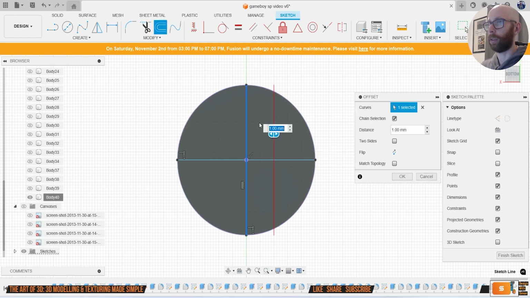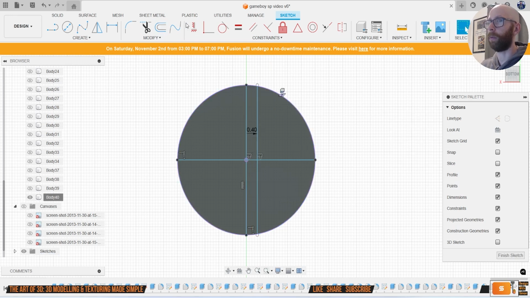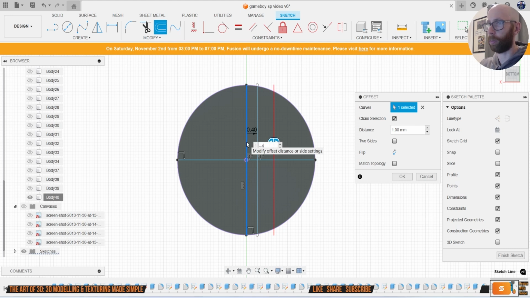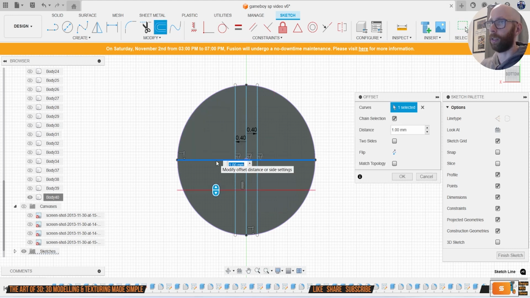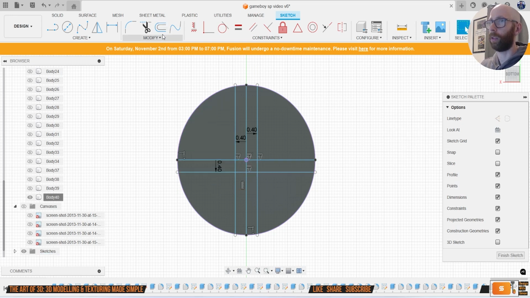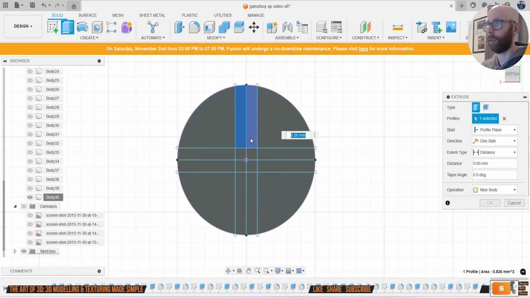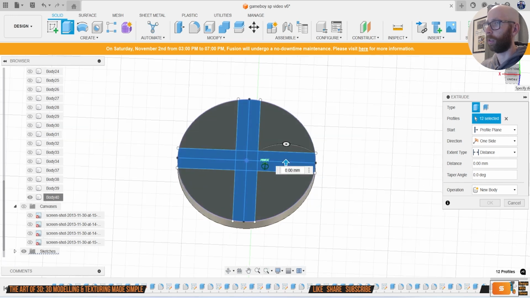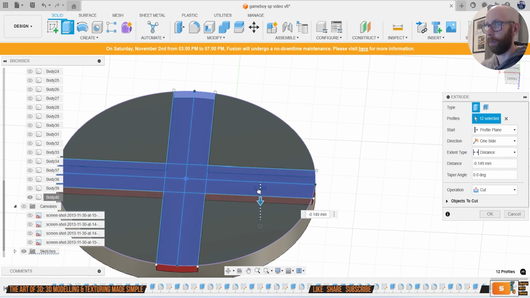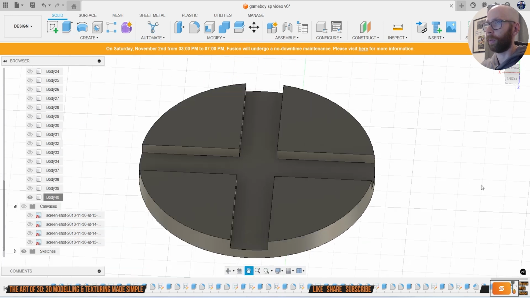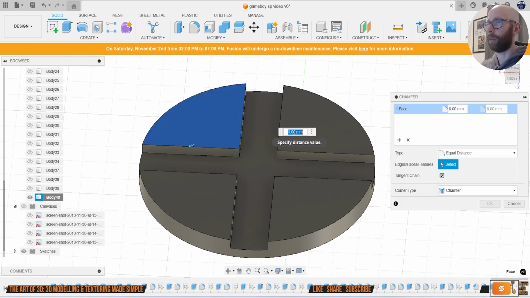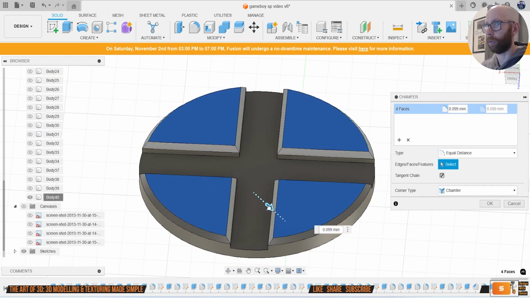Then we'll go to offset, and we'll grab that whole line, and we'll do something smaller, like 0.4. Do the same on the other side, so minus 0.4. Same here, 0.4. Minus 0.4. And then we can hit E to extrude, grab all of those profiles. Drag in. And then we can go modify chamfer, grab each one of those 4 segments, lock that, drag that in a little bit,